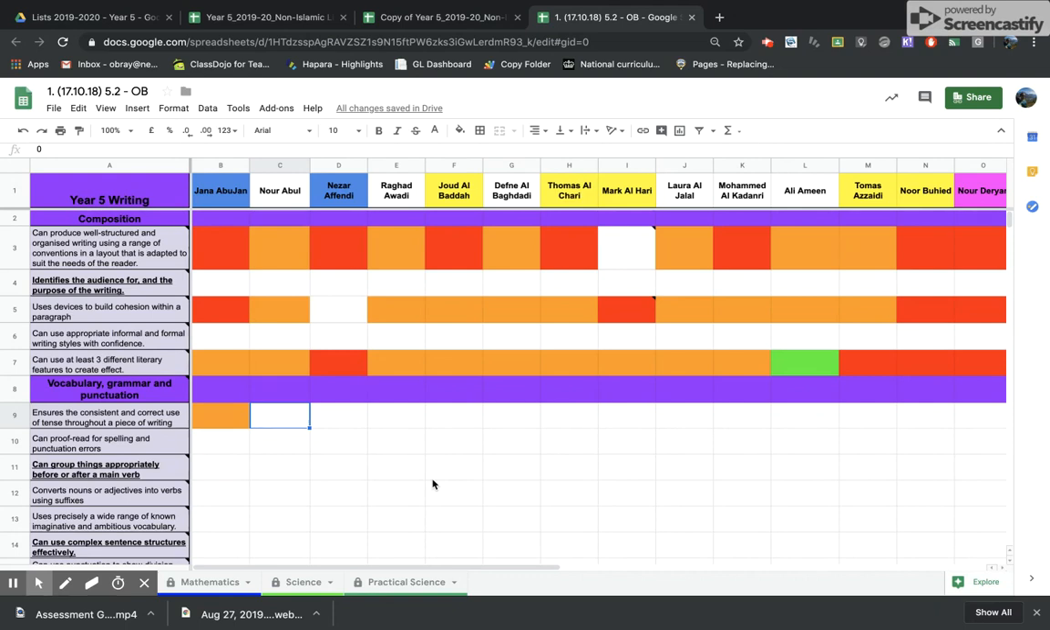and put in a bit more data, let's say that Noor is emerging, Nizar is emerging, Ragad, I decided, is developing. Perhaps Jude has produced some outstanding work and consistently shows me that her tense is excellent, and I feel confident in my professional judgment that she is meeting the expectations of the year group. I would give her a 3, and you can see that these colors correspond. Of course, I could give a 4